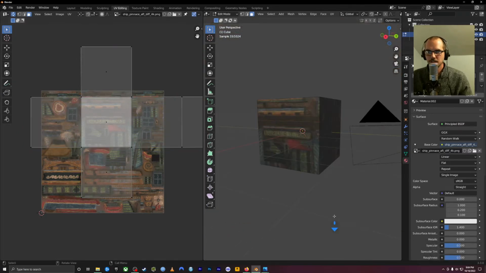But let's see, so let's say you have skill in another sort of graphic design program like Photoshop or Illustrator or Microsoft Paint. How would you do something like that? So